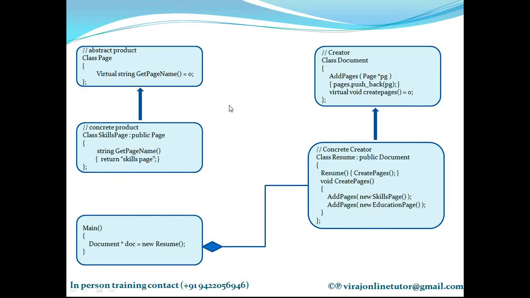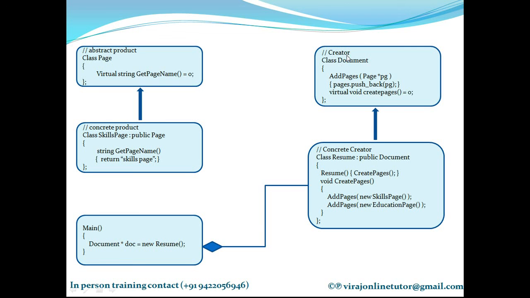Now in my factory method, what did I mention? That you need to have the creation hierarchy in sync with the product hierarchy. Now this is the product hierarchy. Now where is the creation hierarchy? It's here. So I have a concrete creator and I have a creator. So these are in sync with my product pipeline.